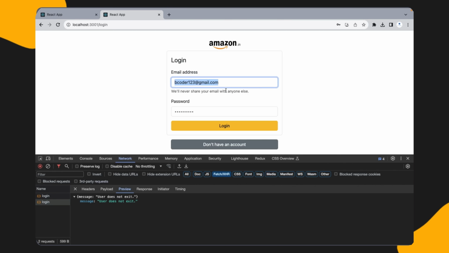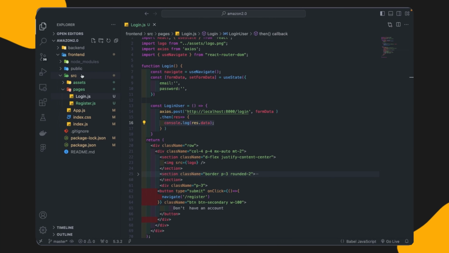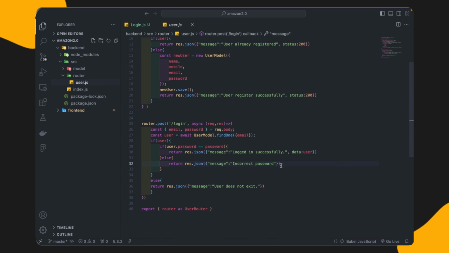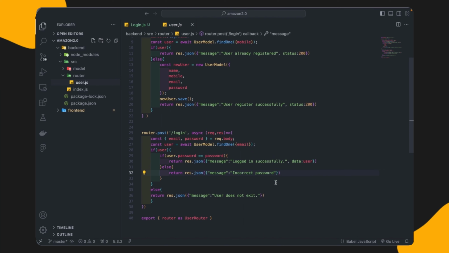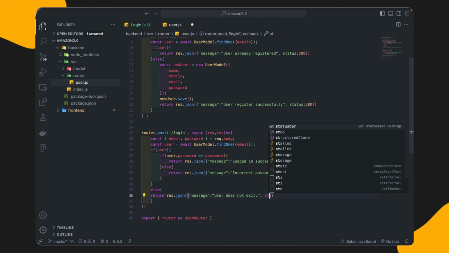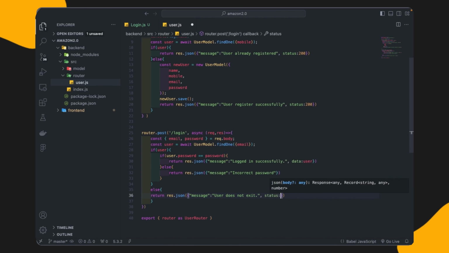Now we will make some changes in the backend. I will go to the router and users, and here I will pass some status in the return function, in the response. In the JSON object we will pass a status code, so that by that number we can check whether the user password is correct or incorrect.